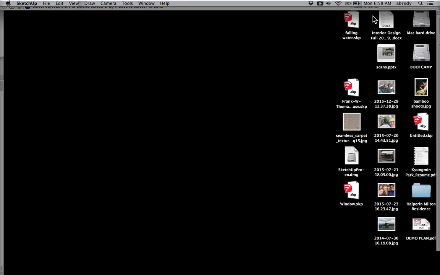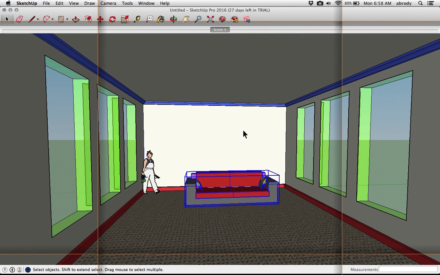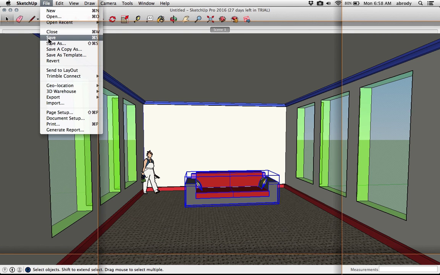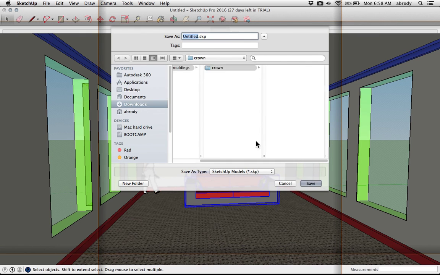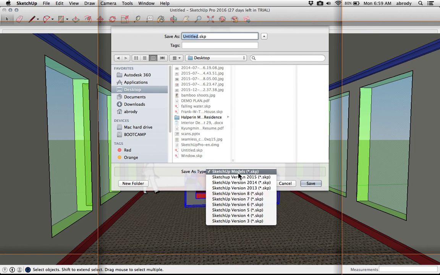You can see that you can pretty quickly generate a fairly robust looking model. The last piece, of course, is you want to save this guy. And just go down to the Save menu and make sure that you put it somewhere that you're going to remember. And then you should be aware that not everybody has the latest version of SketchUp. So for example, on our desktop computers, we have SketchUp 2015 installed because that's when we installed it. So if you want to operate using your model on